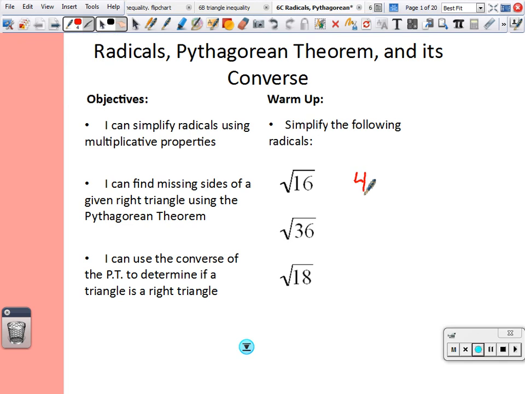Square root of 16 is 4. Square root of 36 is 6. Square root of 18 is a little bit more difficult. It's easy to do in our calculator, but we're looking to simplify radicals. Some of you may remember how to do this. It's 3 times the square root of 2. If you don't remember how to do that, don't worry, we're going to come back and review that Algebra 1